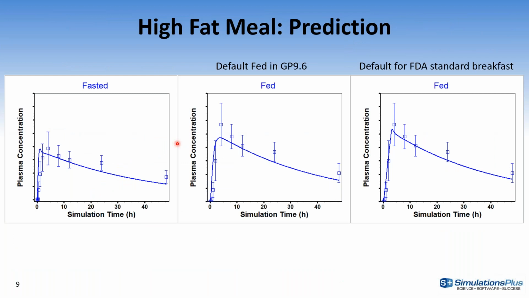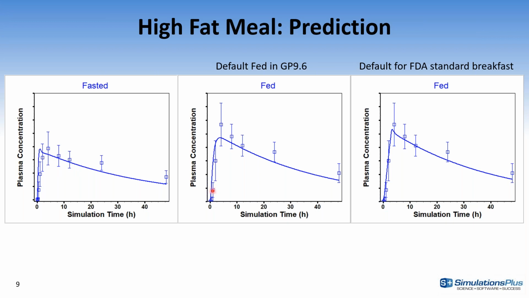Here is at least one of the validation cases. It is a compound that we modeled as part of one of our consulting projects. That's why the y-axis is a little bit nondescript, because we cannot really disclose what it is. It was a class 2 compound with lower solubility. It had some food effect. The axes are the same. The scale on y-axis is the same across all of these plots. This was for fasted condition.